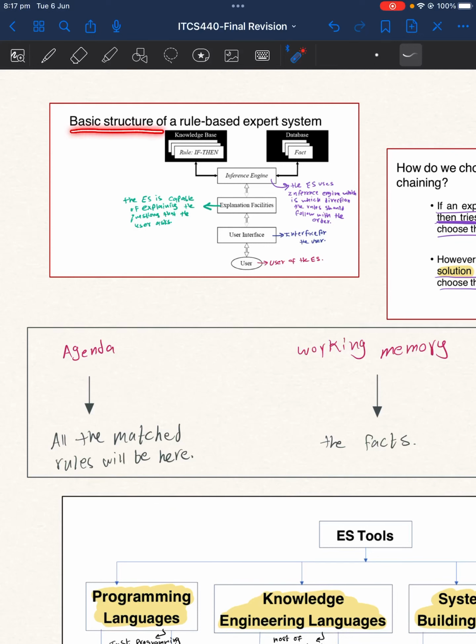So this is the basic structure for the rule-based expert system. We have a user, the user of the system. It has a user interface. It has explanation facilities. Let's say, for example, the expert system asks the user for the temperature. So the user can ask the expert system why do they need temperature and so on. So we have the inference engine, which interacts with the database to get the facts and the knowledge base to get